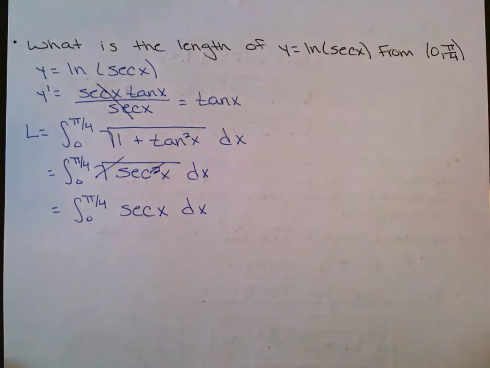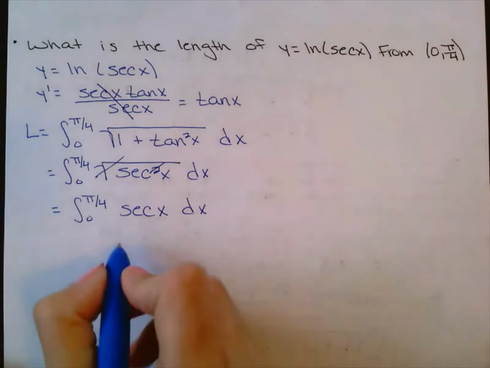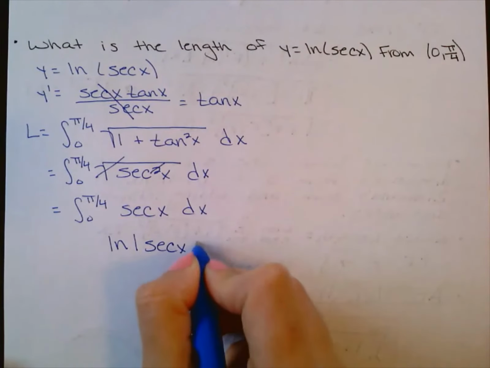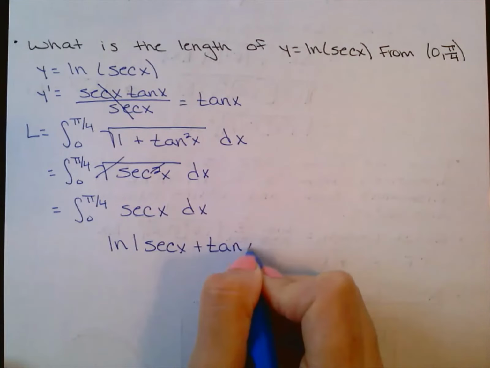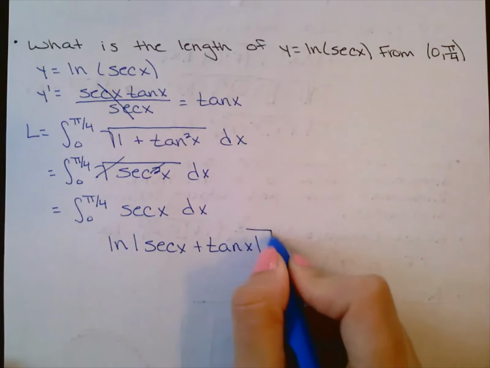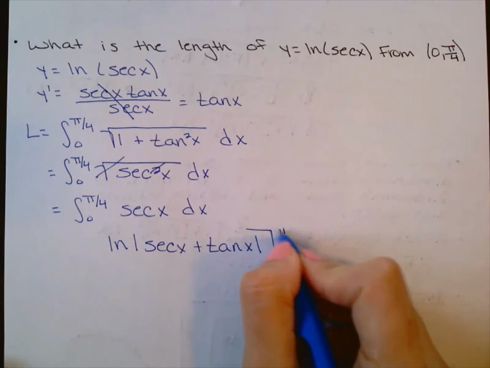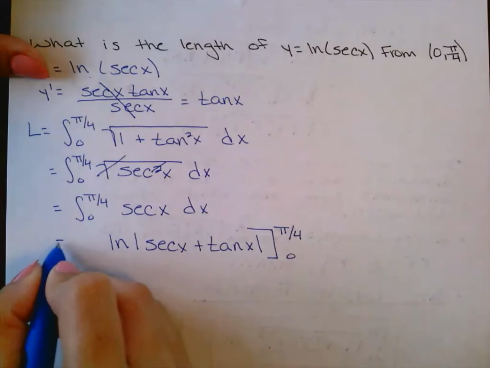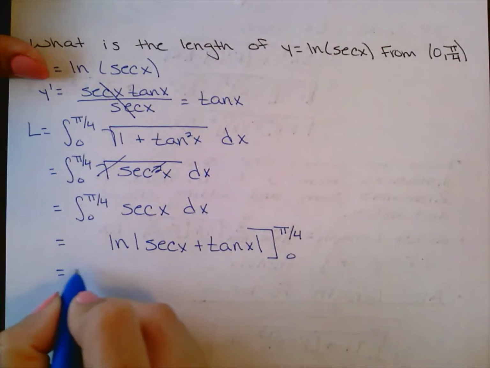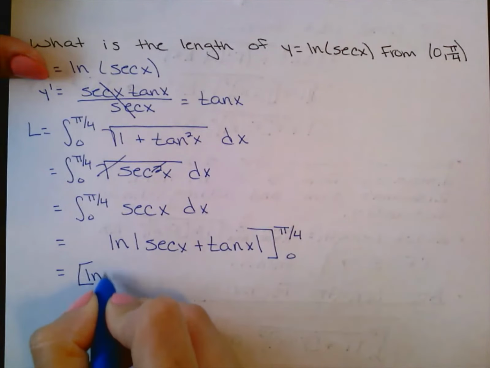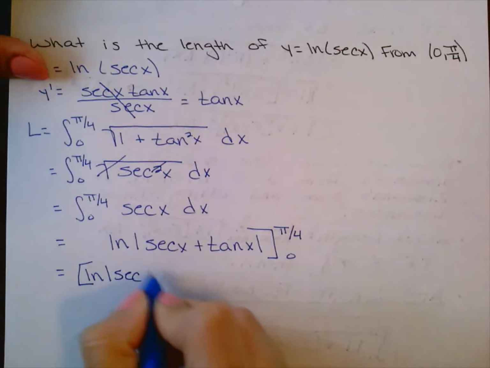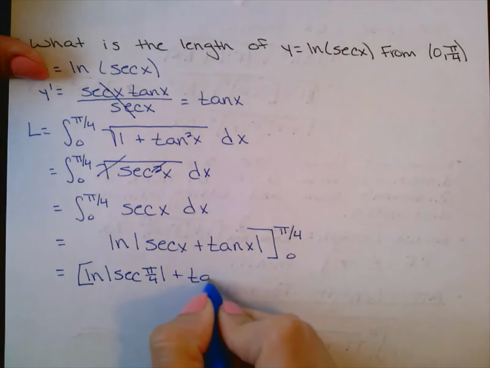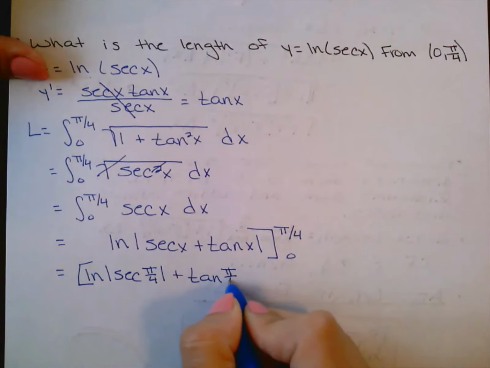Now I know the antiderivative of secant is ln of secant plus tangent, and then I'm going to do from 0 to pi over 4, okay? When I plug that in for my f of b minus f of a, I'm going to say ln of secant of pi over 4 plus tangent of pi over 4